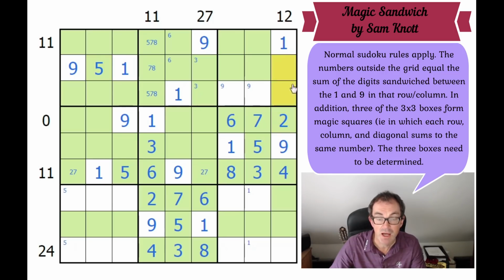So now this 12 clue is forced, because we've got a 2 in the sum. Those two have to sum to 10. We've already got 1, 9, 2, 8, 4, 6 ruled out. These have to be 3 and 7. So there must be a 3 in one of those squares, and a 7 in one of those two squares. Okay, so. Oh, there's something. Look, we've got 3s in this